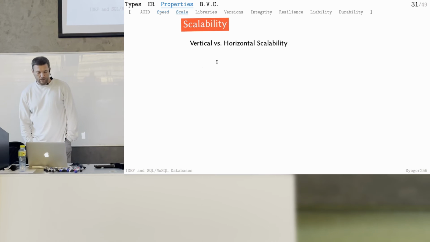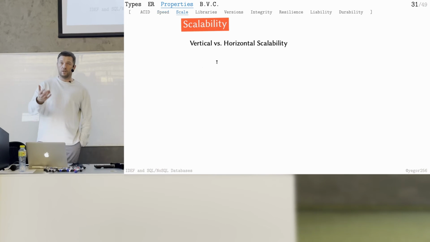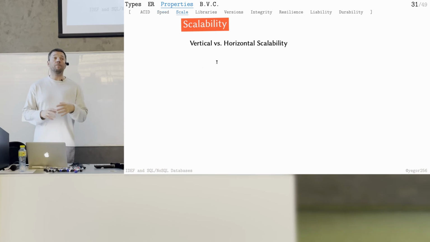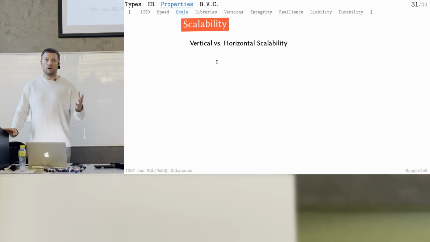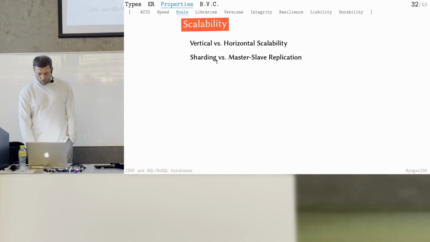Scalability. That's a big question. We discussed that. We have horizontal and vertical scalability. Databases may support that. Most databases, all databases, are okay with vertical scaling. They will say, okay, give me more resources, give me bigger and faster CPUs, give me more memory, give me a bigger disk, I will work faster. But that's easy, anybody can do this. Horizontal scalability is a bigger question.